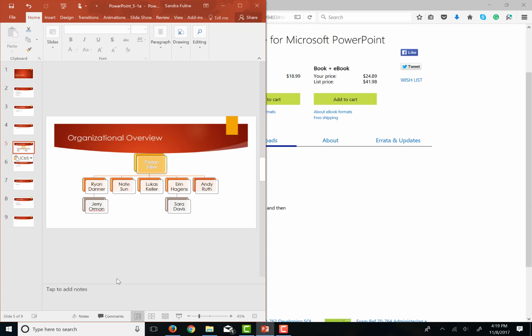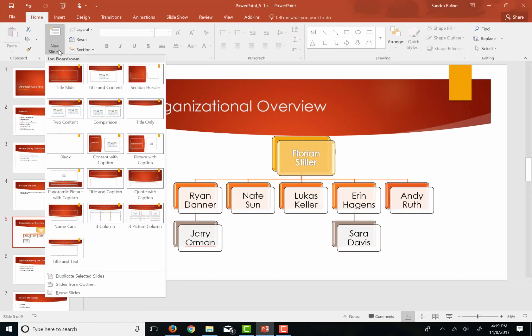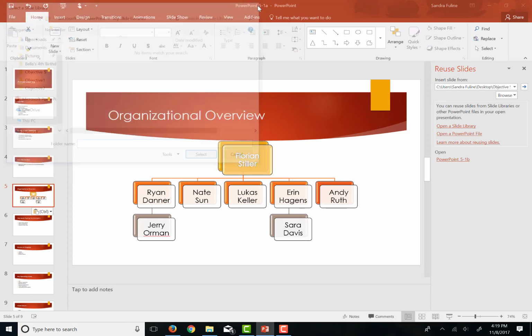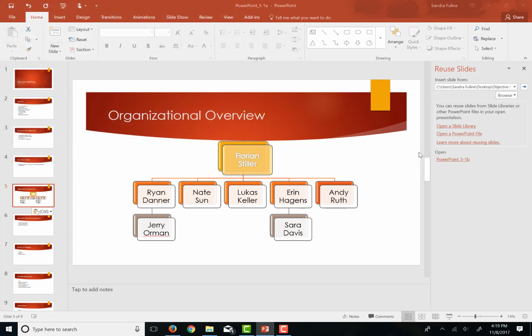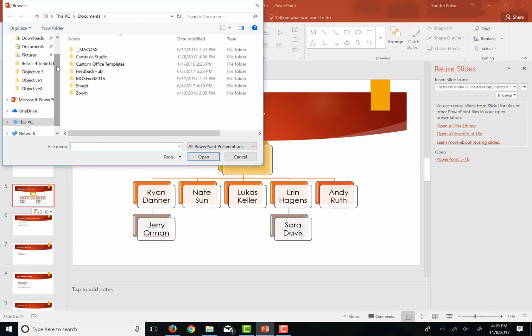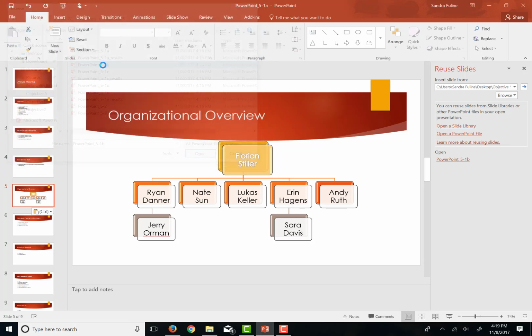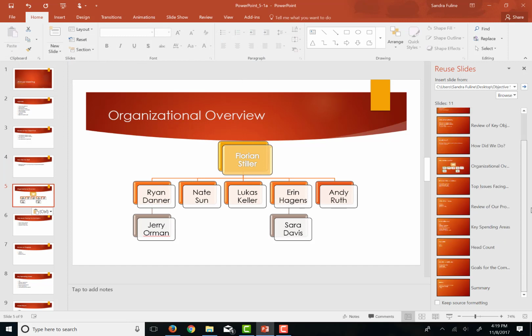5.1b, and we're going to insert a slide from 5.1b using the reuse slides command. So we're going to go to New Slide and go all the way down to Reuse Slides, and this file is going to be Browse File, and we are going to choose the 5.1b and Objective 5. And we're looking at the very second to last slide, Goals for